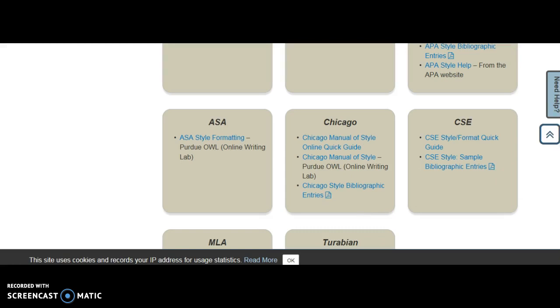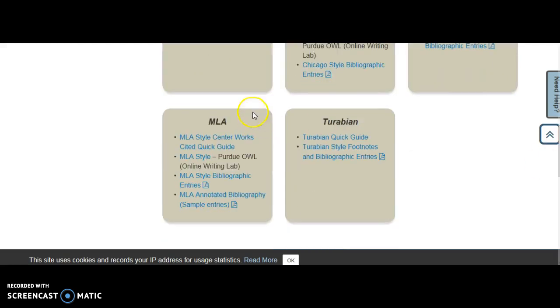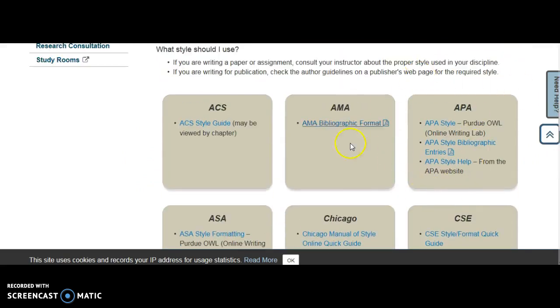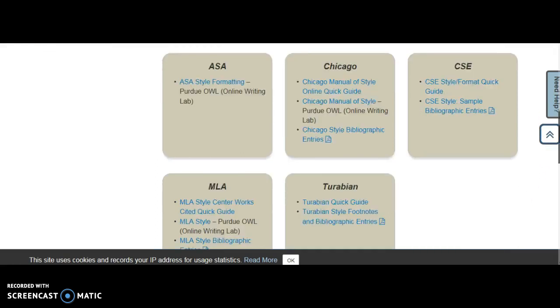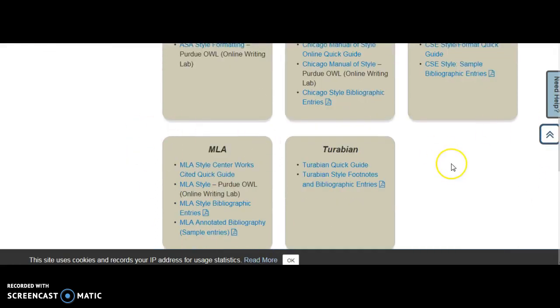And one thing we'll talk a little bit more about in the future in this course is that communication studies actually can be either a humanistic discipline or a social science. We have researchers in both of those areas. And so that means that you may have some professors who prefer you to use APA, and some professors who prefer you to use MLA. Many of our professors will actually say, I don't care what you use, as long as you use it correctly